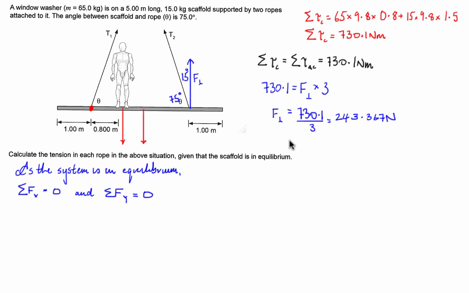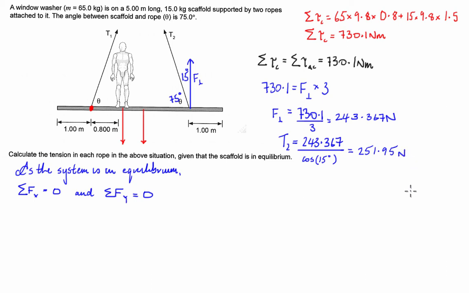So we can say that T2 is going to be equal to 243.367 divided by the cosine of 15. We could have also said the sine of 75, it would be the same answer. And that, guys, is equal to 251.95